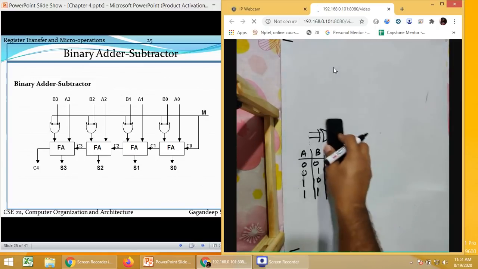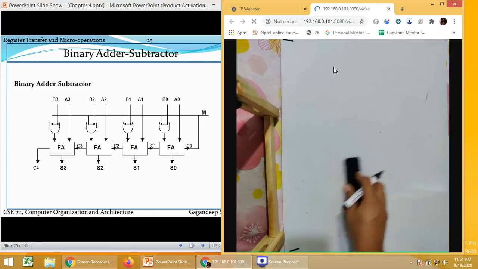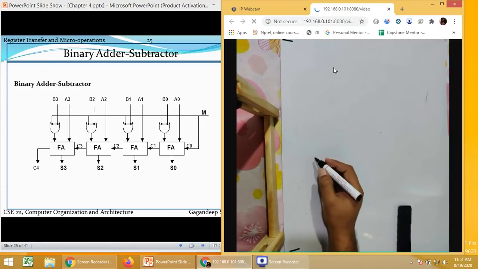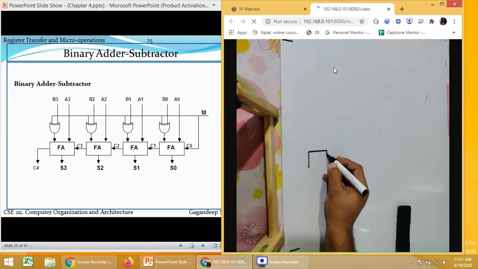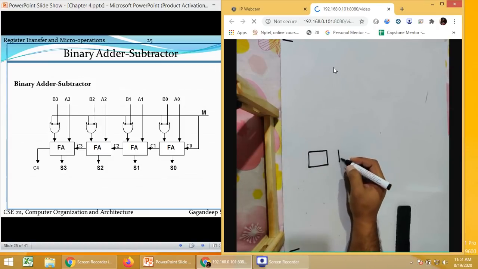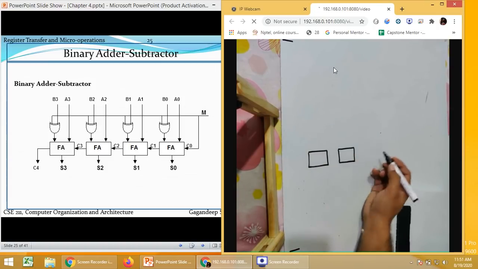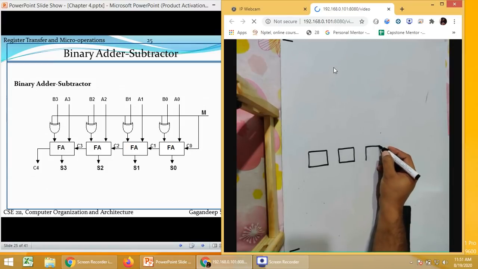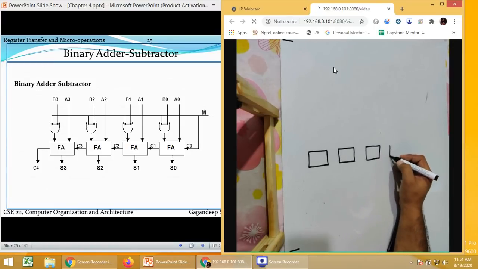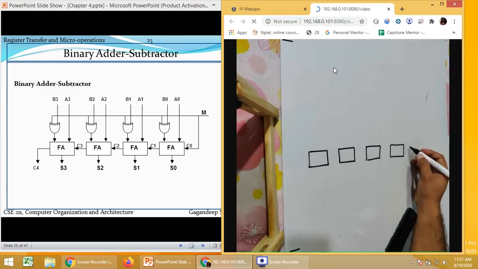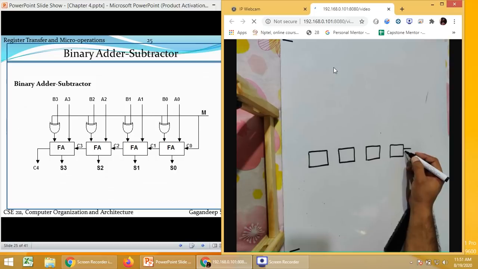Now the XOR gate is used in this circuit. Why we are using it, we will see in this circuit. The rest of the concept is going to remain the same.